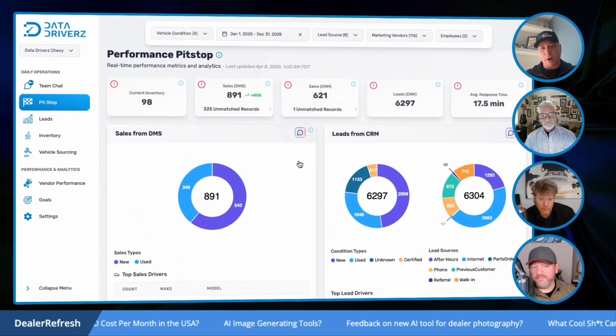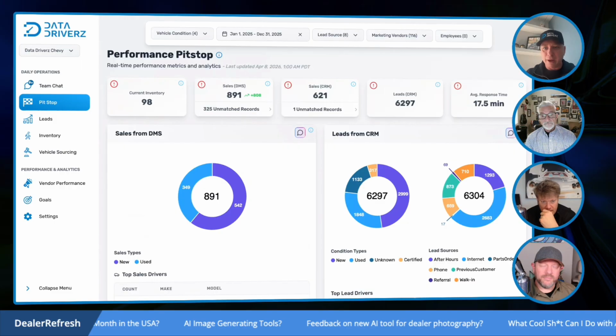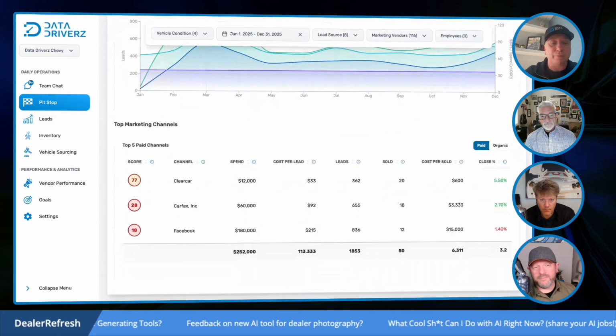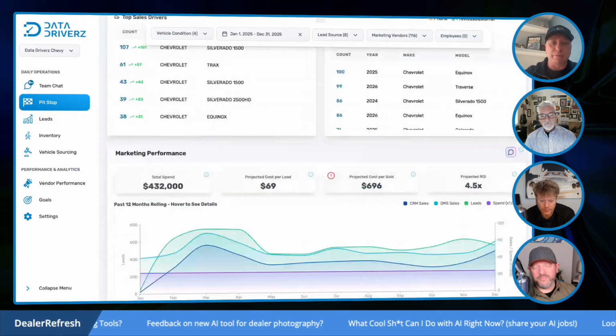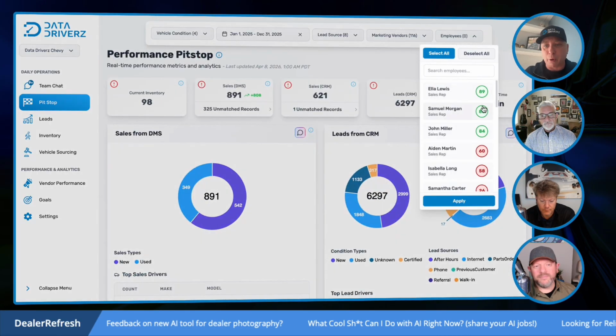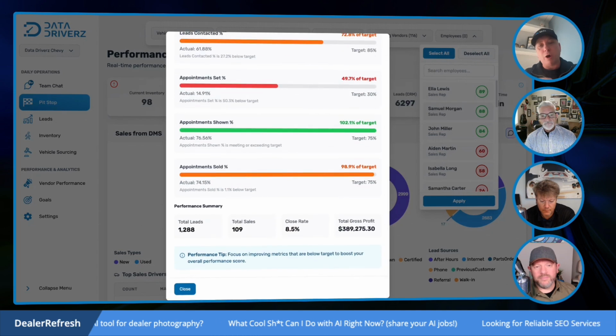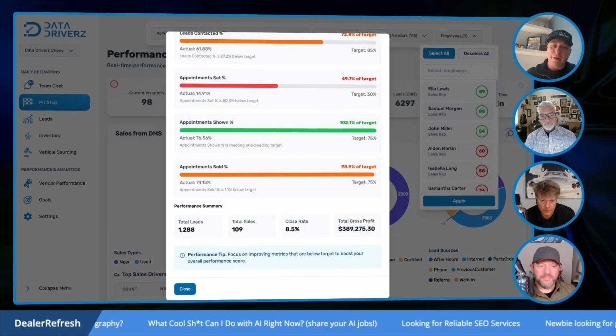So it's really, really quick. I kind of demonstrate that to show we're pulling all these data records, response times. All of this is stored inside the database, and we're able to pull these records really quick. You can see how your employee performed over the course of 1,288 leads. All these goals, again, are your goals. You set the goals. We're just here to present them to you in a manner so everybody knows